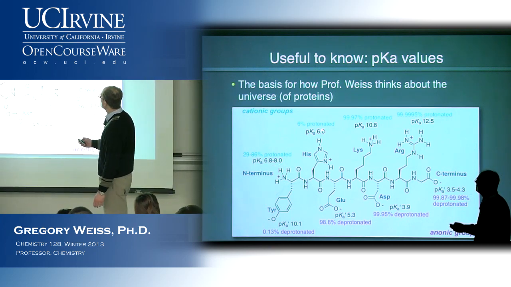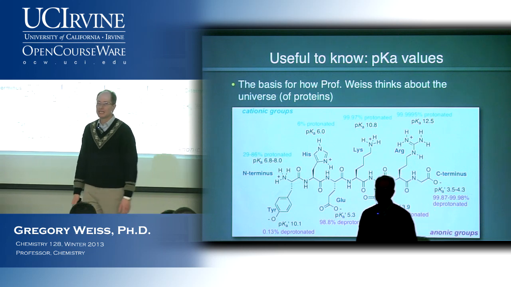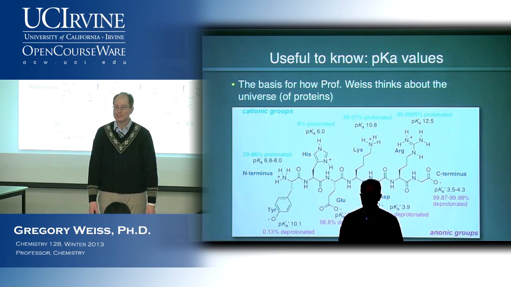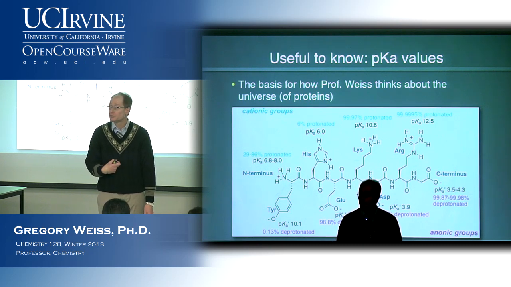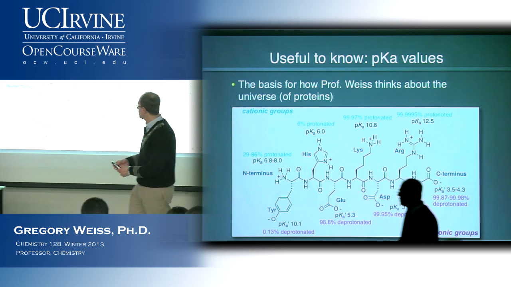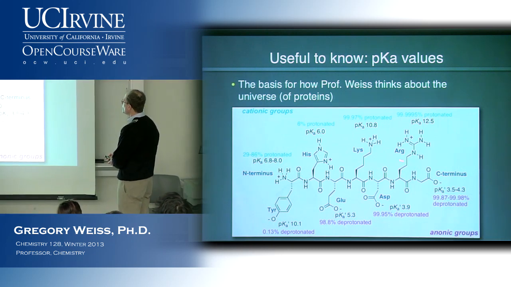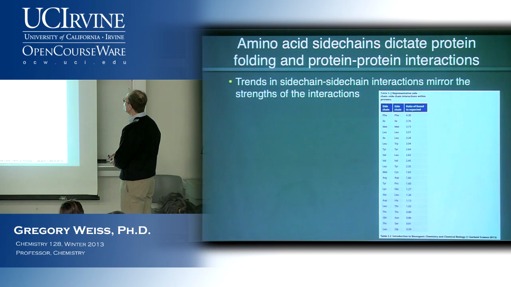Okay, and geez, I realized I wrote this last year, but it's kind of true. Okay, when I think about proteins, the first thing that comes to mind are charged functionalities. Charged functionalities control a lot of the ability of the protein to catalyze things, to bind to different things. So the first thing that you absolutely need to know is what is the charge? Okay, and you kind of need to be able to predict that quickly. Okay, so I'd like you again to memorize these pKa's, just the range. Okay, not exact numbers, but just the range.